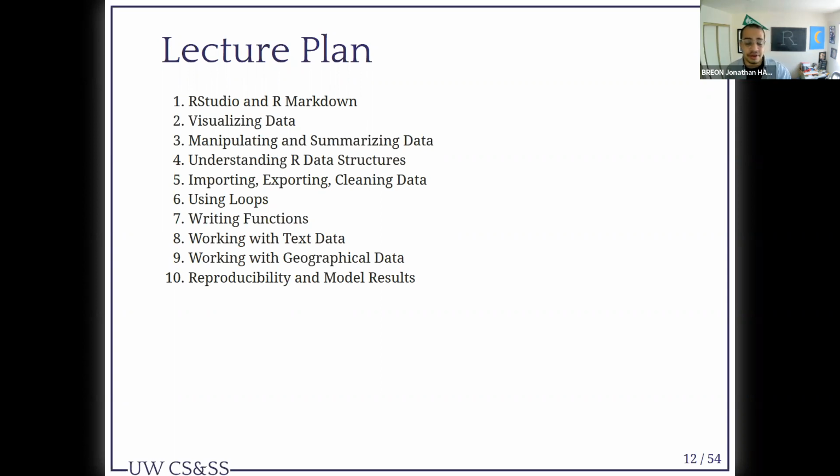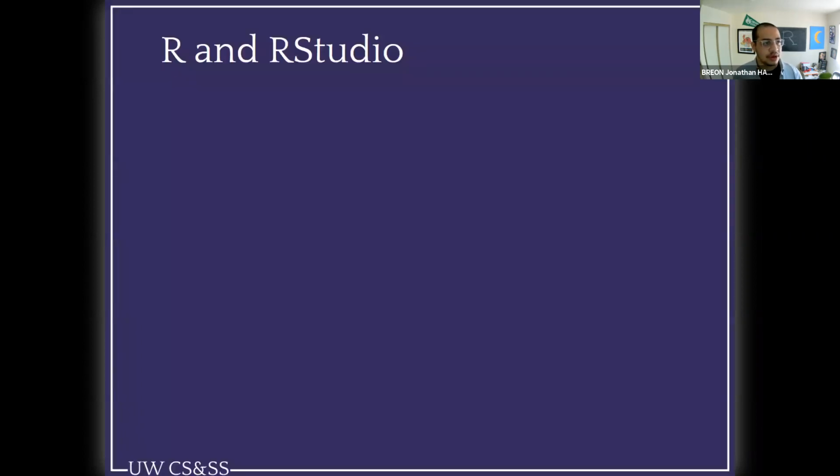We only talk a little bit about modeling results because this class does not assume that you have any knowledge of linear models or ANOVA or any sort of statistics. So I don't want to bombard you with a bunch of things that maybe don't quite make sense to you at this point. But I want to expose you to some of the tools that people use for model results, so that going into your next CSSS classes or CSD classes or what have you, you have some exposure to how that works in R. Okay.